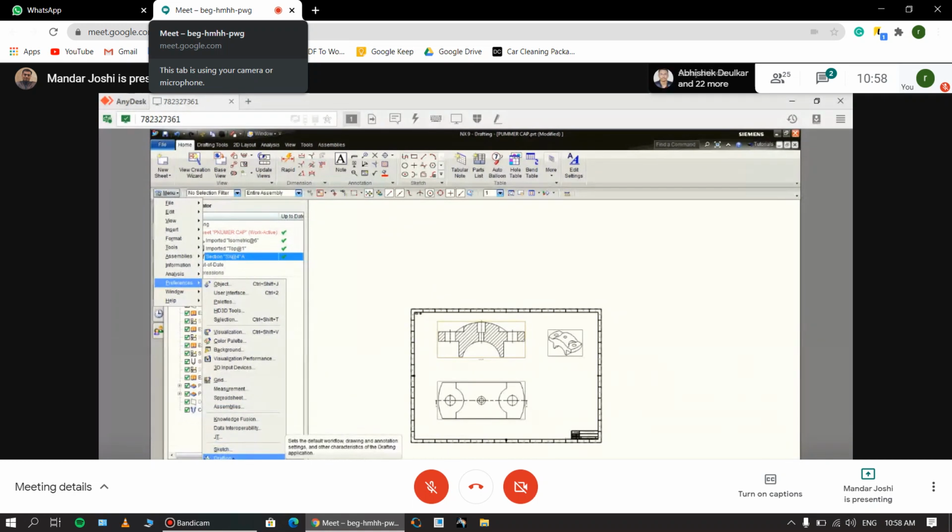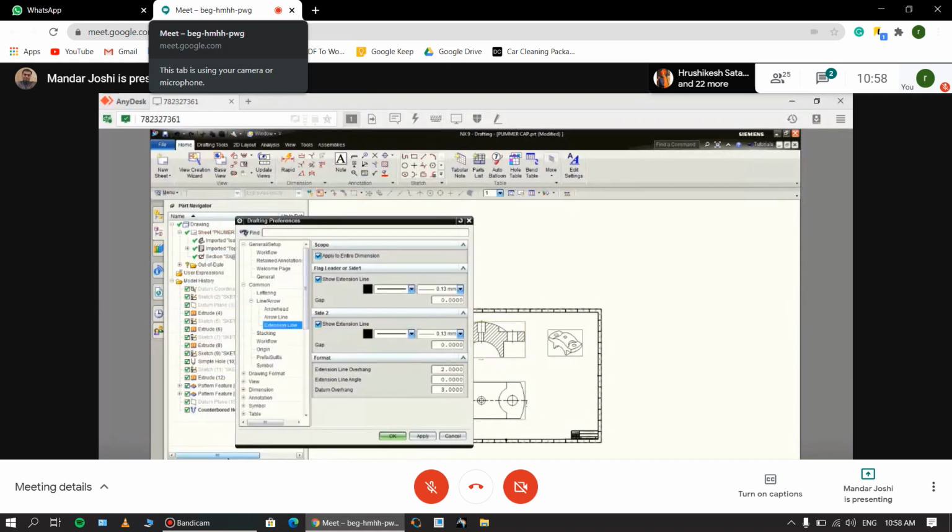The last time in the sketcher, I took the sketch settings. Right now we are working on drafting. That's why I'm taking here drafting settings. Just click on it. Take a screenshot of this where you have to set everything. So I'm selecting here the drafting button on. Okay, so these are the steps to set.